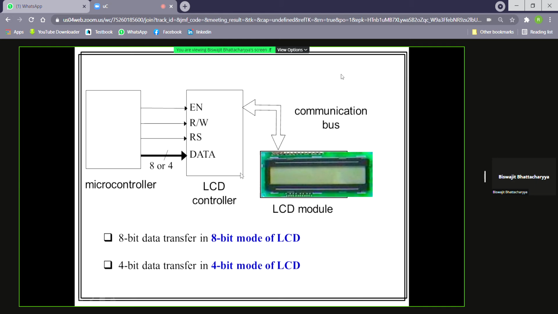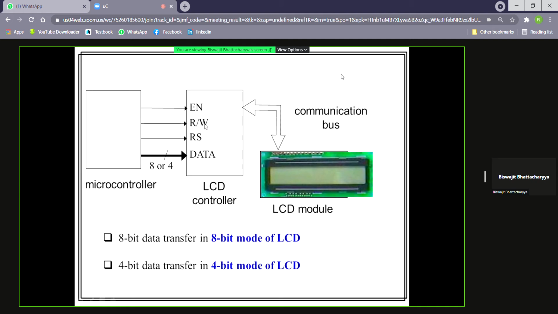Now this entire LCD arrangement, including the LCD controller, has these basic connections. One is a pin called EN or enable, another pin called RW or read write, another pin called RS, register select, and there is either a 4-bit data bus or an 8-bit data bus.